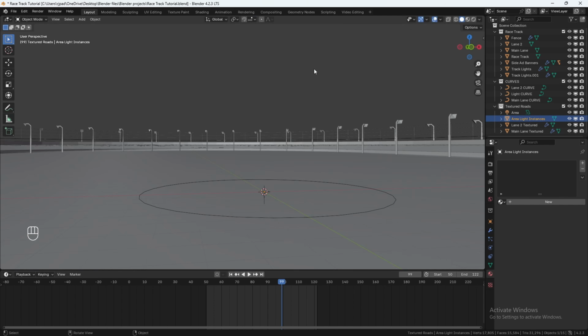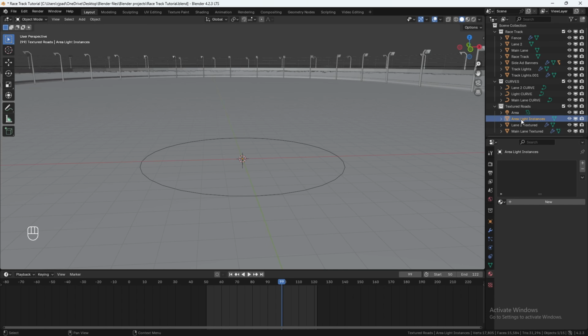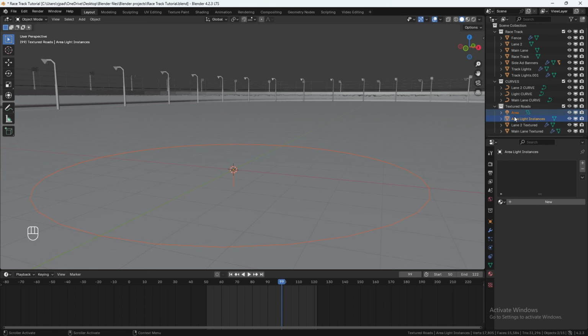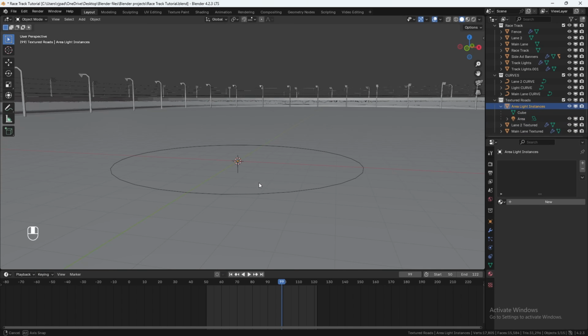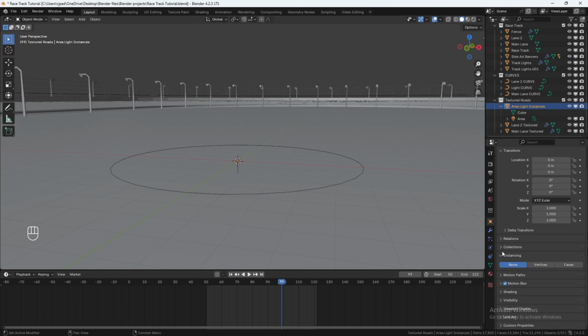We don't need this window anymore. Click on the area light instance. Shift click the area light itself, so you have both of these. Ctrl P, parent to object. And now the area light is parented to this single vertex here. Select your area light instance, go to the object properties, go to instancing, click on vertices,